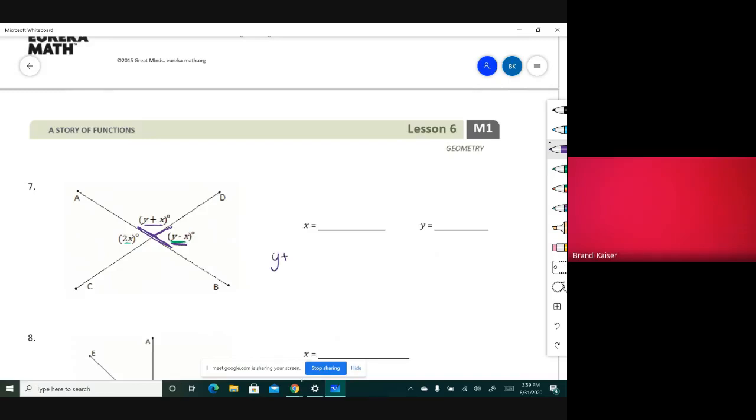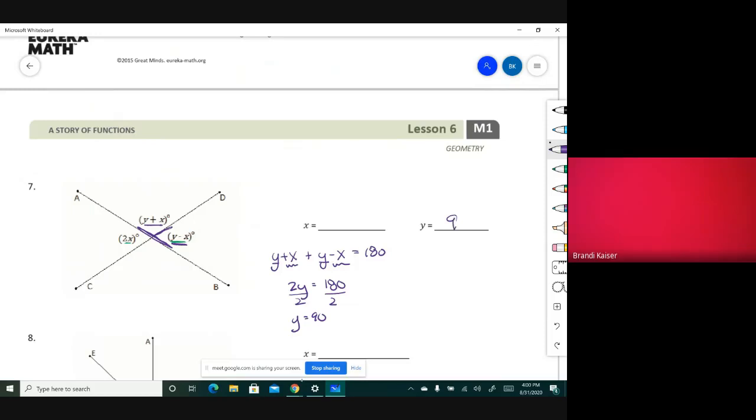So I know that these two, because they're linear, they're supposed to add up to 180. So if I have a y plus x, and then I'm going to add y minus x, set it equal to 180, I should be able to combine like terms to solve. Well, when I add y plus y, that gives me 2y. But when I take x plus a negative x, well, anything minus itself should be 0. Okay, there is no x left. That's why I end up with just 2y. I went ahead and put my equals before I should have, but that equals 180. Okay, just by trying to combine these two together, the x and the negative x cancel each other out. So then if I divide by 2,